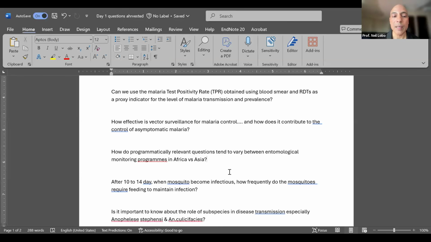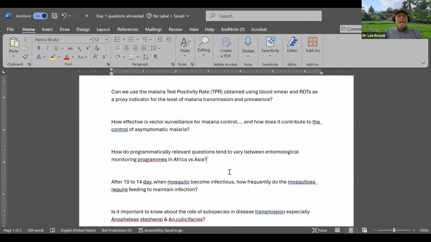To be able to understand that, you'd probably want to do asymptomatic diagnoses, such as molecular assays. But another thing, which further complicates this question, is that as malaria transmission goes down and people get exposed less to malaria because of vector control measures, people's immunity goes down as well, which means asymptomatic malaria might go up, right? Because their immunity is down. So it's a really complicated question. But overall, vector surveillance for malaria control is super important. And appropriate vector surveillance, with appropriate decision making, can impact all malaria, asymptomatic or symptomatic. I hope I answered that okay.